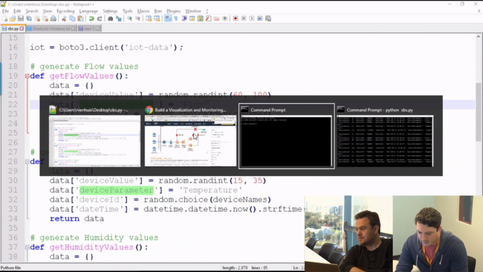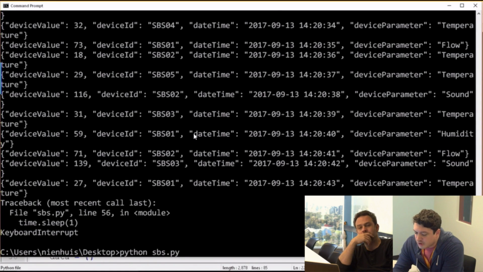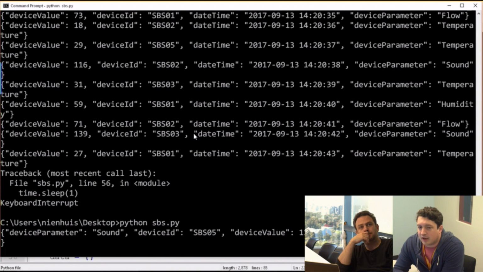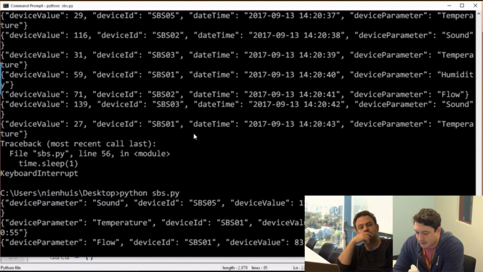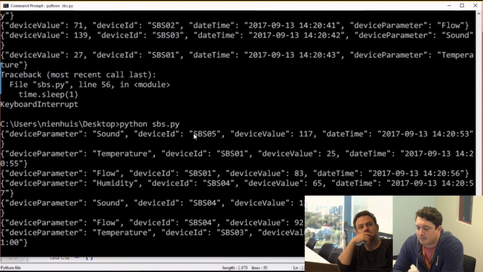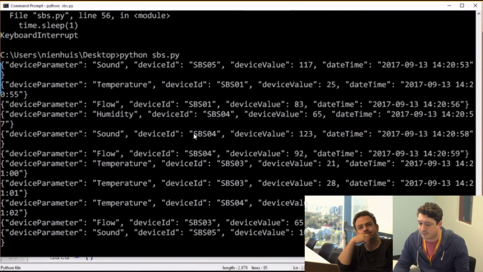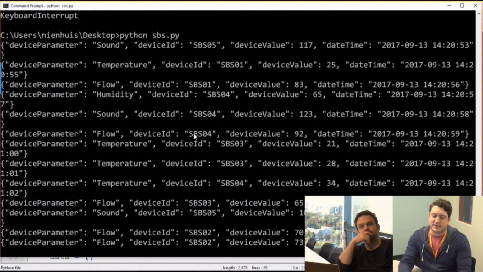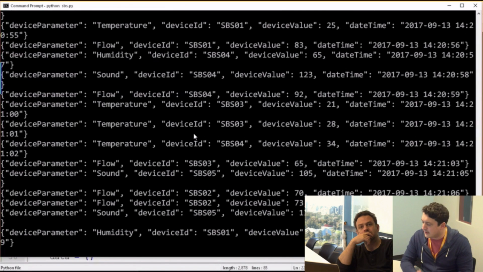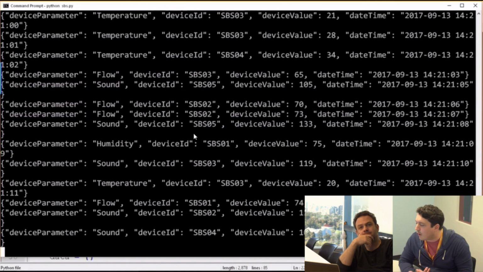So I'll kill this real quick. I'm opening up my command prompt, and I'm just going to run this script. What this script does is allow me to continuously generate data from my desktop, and you can see the print right here, into the AWS IoT service. And with the rule I just set up, it forwards it to a Kinesis stream. So I visually see the data is being sent. I want to see the next steps. So how do I do that with CloudWatch metrics?